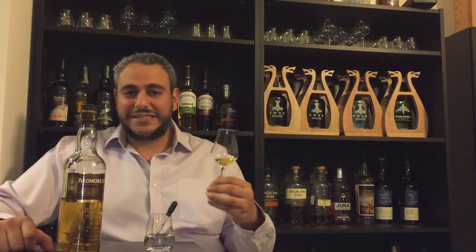Okay, so Ardmore, Speyside, fruit, fresh, citrus, and so on. Wonderful. Light whiskies, great. Ardmore, peated Speyside whiskey. But it's completely different. It's not the kind of peat that you would get from an Islay whiskey. It's not that heavy TCP, iodine, medicinal peat. It's peaty, but it's smoky. There's cigar, there's tobacco, there's a little bit of charcoal. There is a very slight hint of medicinal peat, but it's not as big as you would expect. If you were to say this is a peated whiskey, you think it's going to be iodine peat like from Islay. No. There is a touch of medicinal peat to it, but predominantly it's almost as if